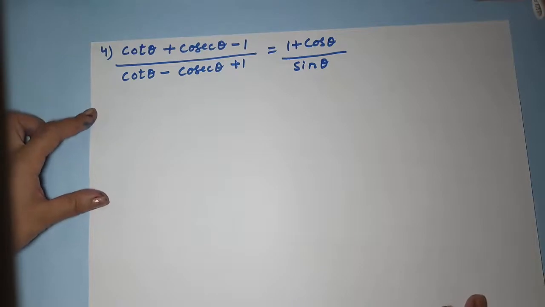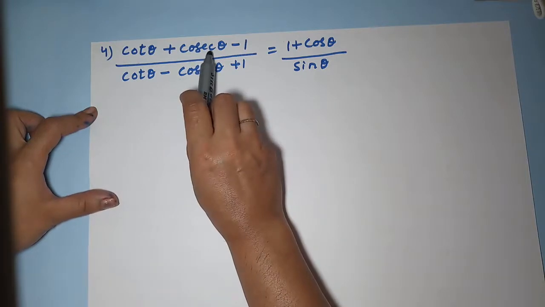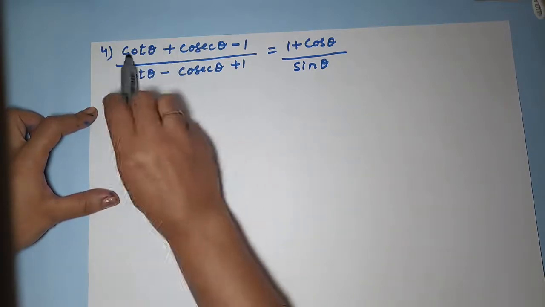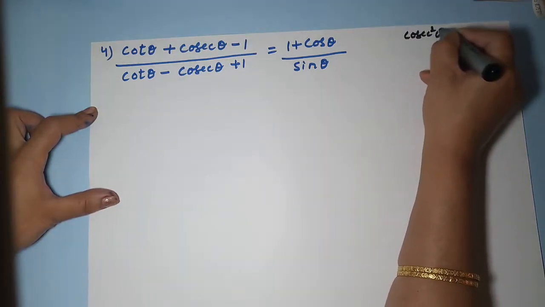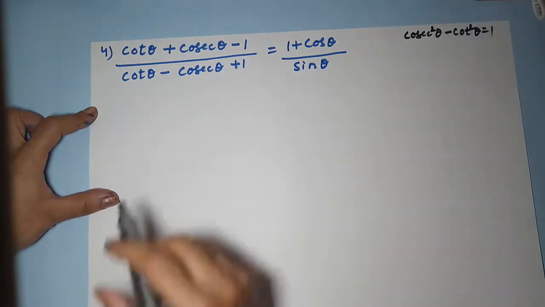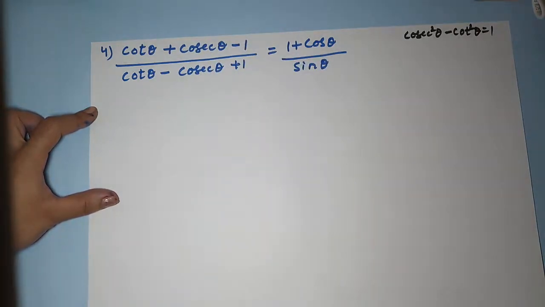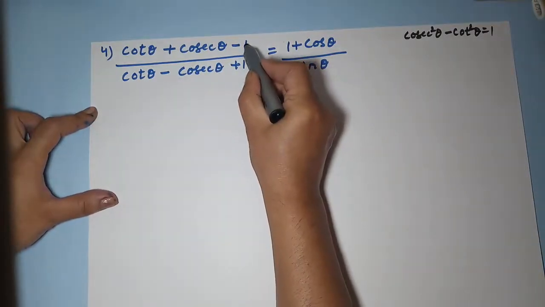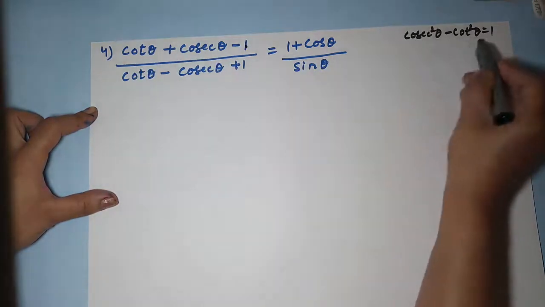Oh, one more type of sum. Now in this case, this is a special case. Why? Because you see, you have cot theta and cosec theta, right? Both are connected with each other with the identity. We know that cosec square theta minus cot square theta equals 1, right? Whenever you have such a case and 1 is given in the numerator and denominator, you should always convert this 1 in the numerator with the identity by which they are connected, right?